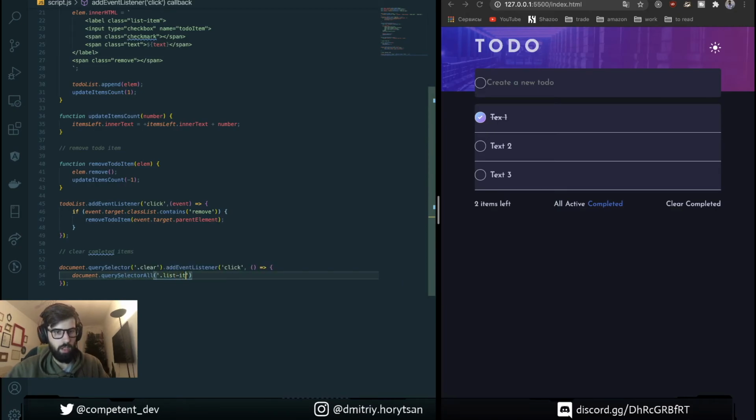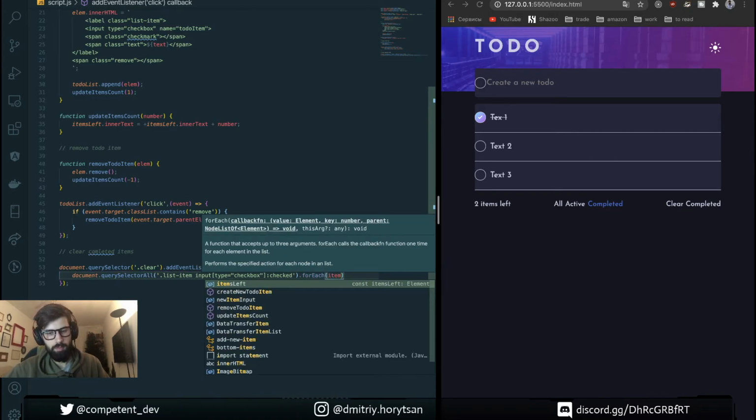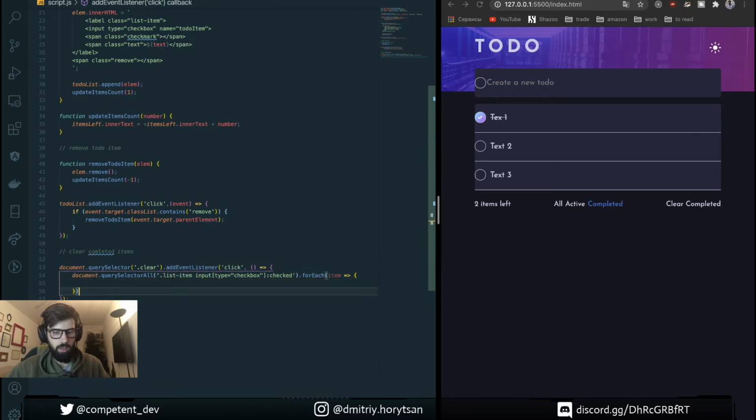This we do list item and input type checkbox checked, and for each of these items we need to find out closest.